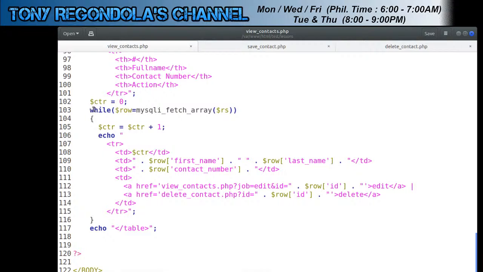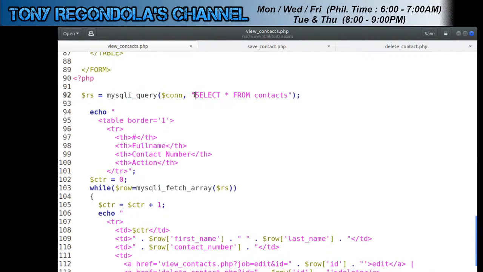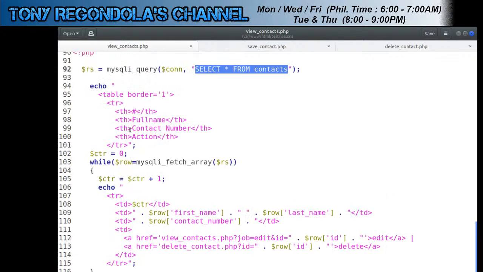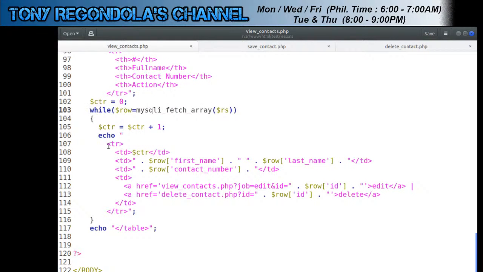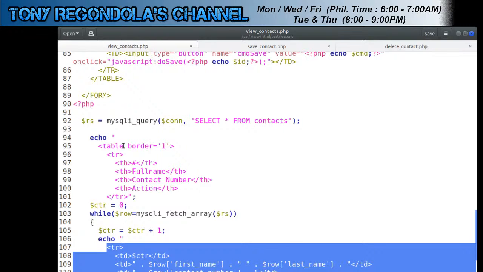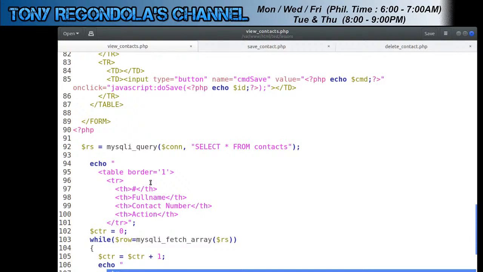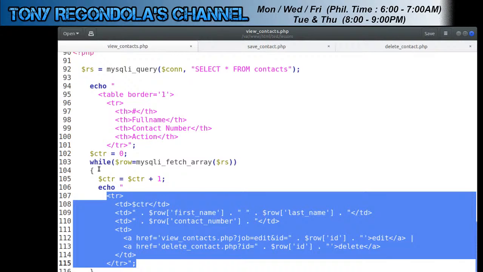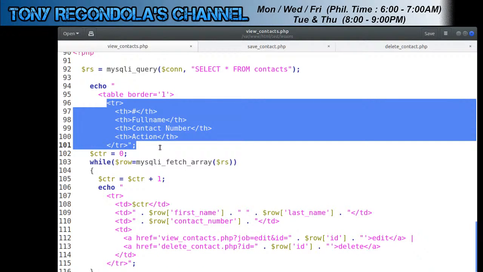At first, we've created this looping statement. We've fetched all the records from our contacts table, and then we put the looping statement here because what we want to do is just to loop the table rows from here. We've inserted the HTML table tag, and then we have tr here. We put the while statement here, not here, because we are not planning to loop the entire table or the first row, this part. We don't want to include that in our looping statement because we are not planning to display